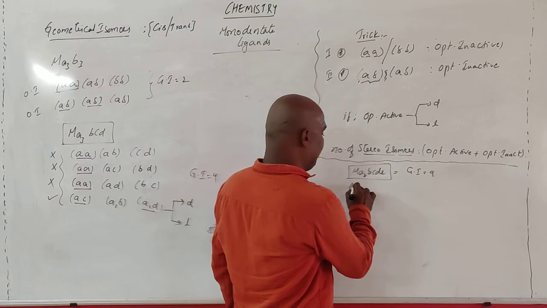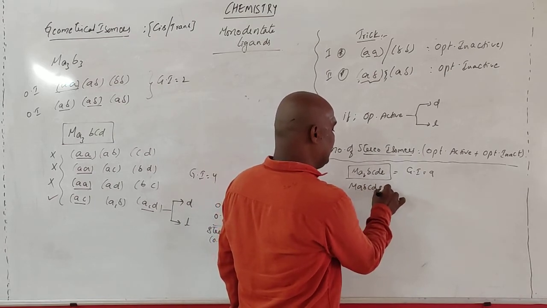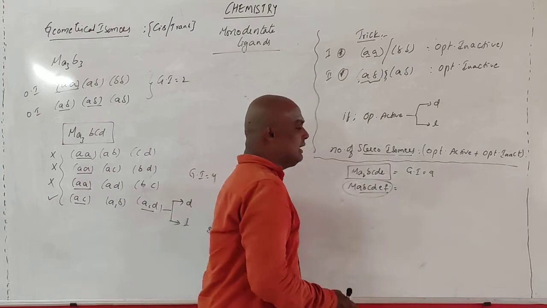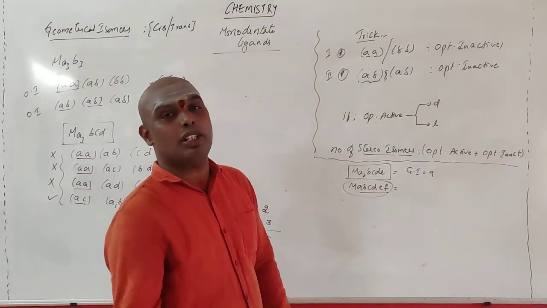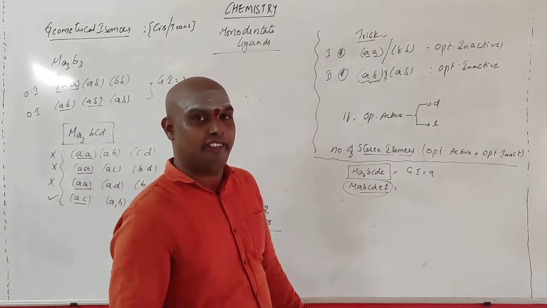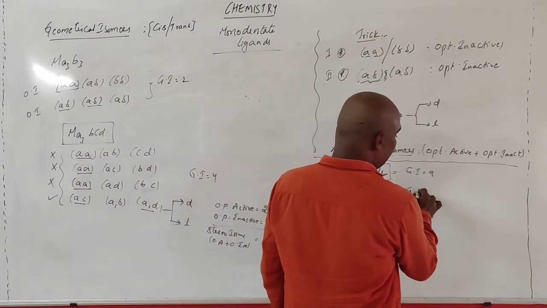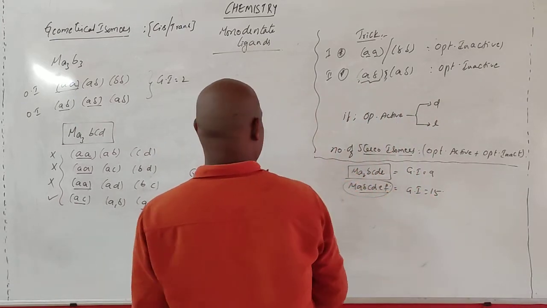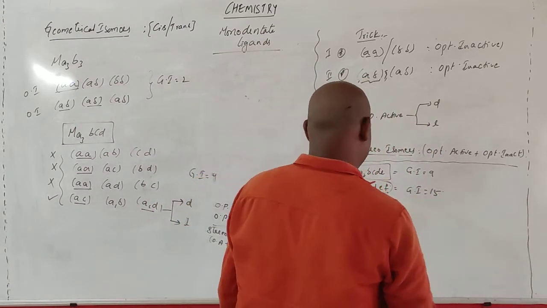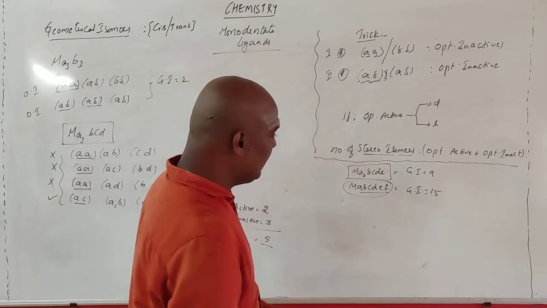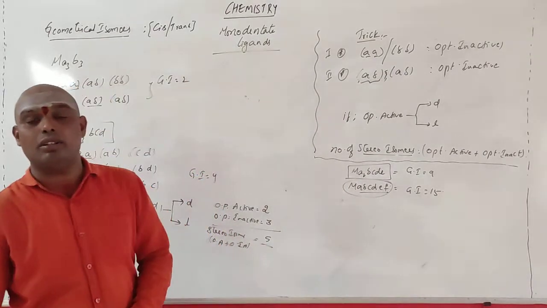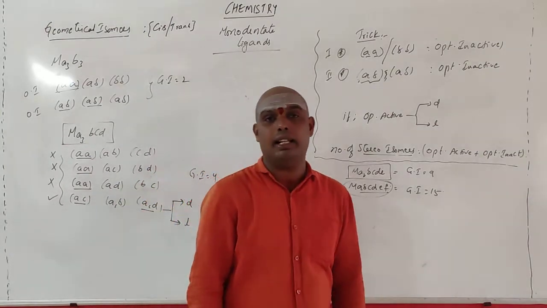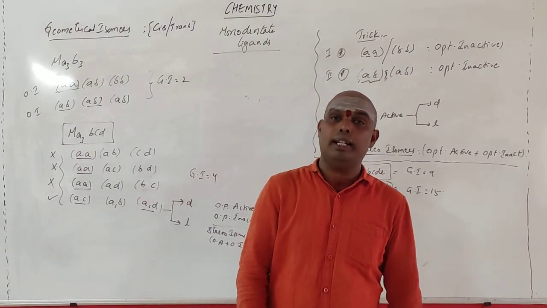Next is M A B C D E F. Okay, these are the ligands A B C D E F. Check out the possibilities. How many variations you can get differently. In this I am giving the answer. Geometrical isomers are 15. Okay? Right. So this is the pattern of calculating geometrical isomers as well as the optical isomers for monodentate ligands.